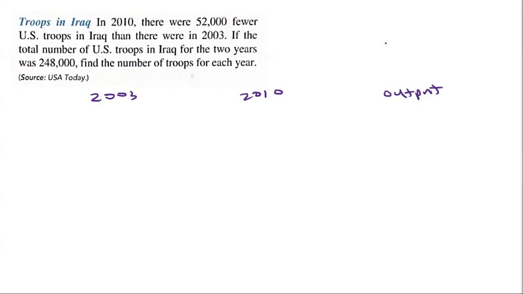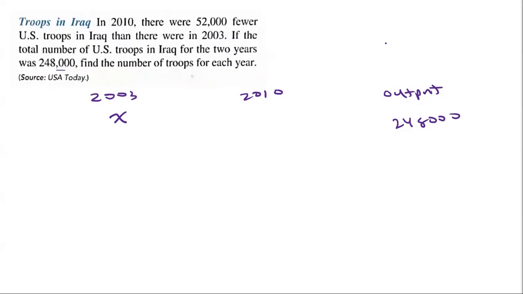In this case, it says if the total number of US troops in Iraq for the 2 years was 248,000, find the number for each year. So my output is 248,000. That's my output, that's the max. In 2003, we don't know. It says there were 52,000 fewer US troops in Iraq than there were in 2003. So I don't know how many troops there were in 2003, but in relation to X, if X represents the troops in 2003,